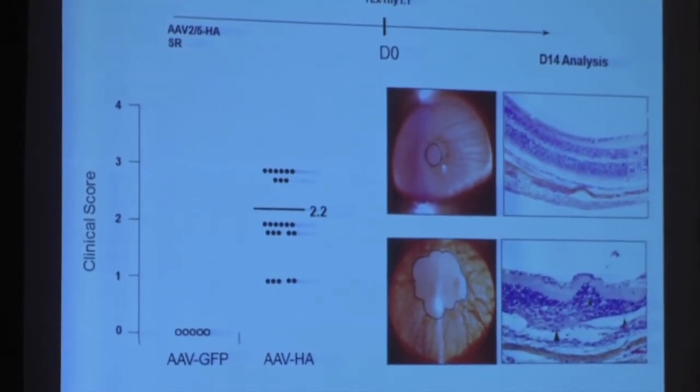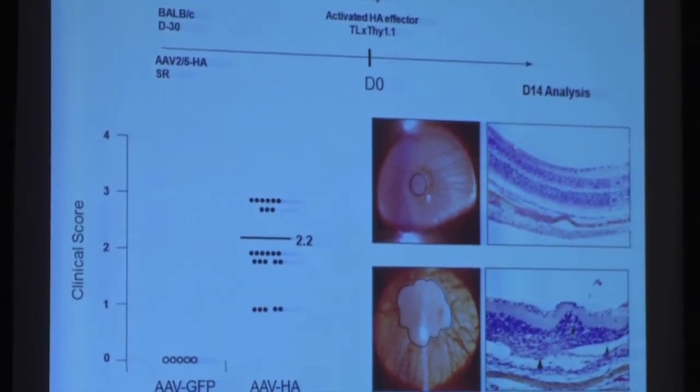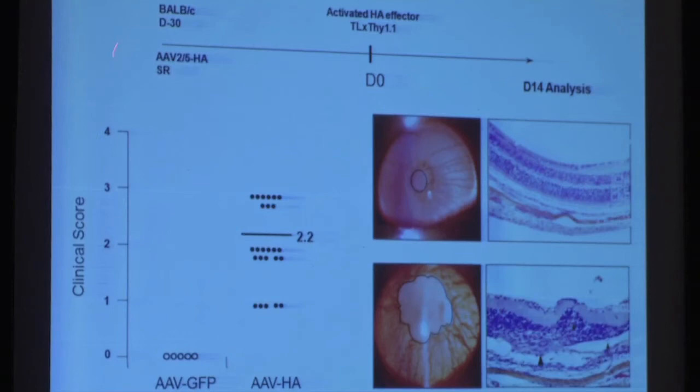We injected subretinally hemagglutinin with the preparation of AAV, and just 30 days later, we induced experimental uveitis in these mice by activated hemagglutinin-specific effector T cells, and we analyzed the eyes after 2 weeks. What was interesting is that in almost all BALB/c mice without any genetic background, we obtained intraocular inflammation, which